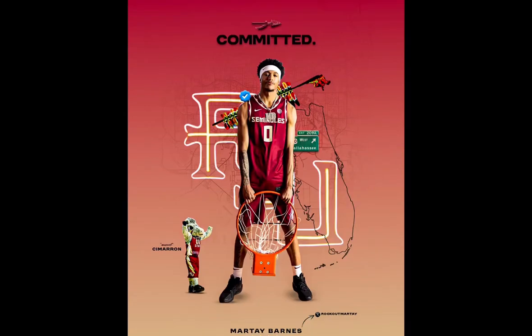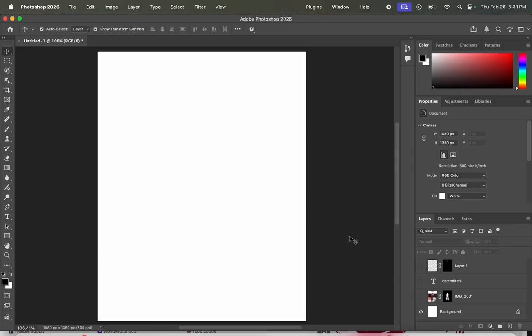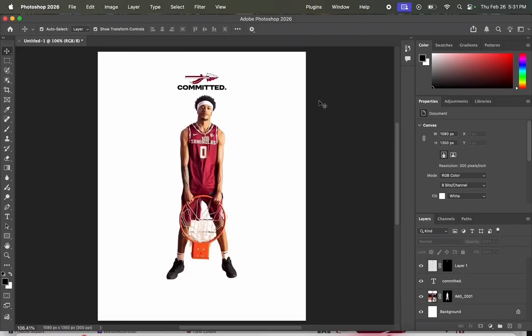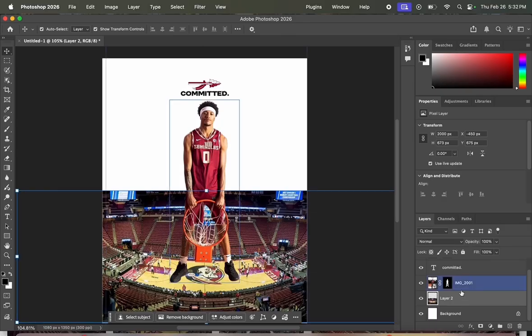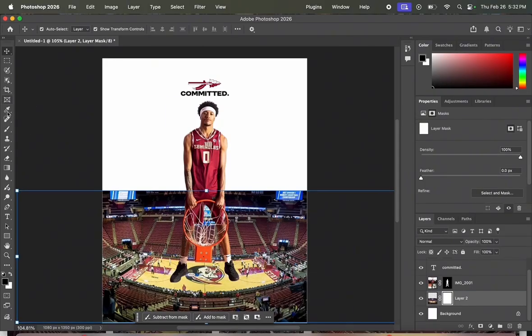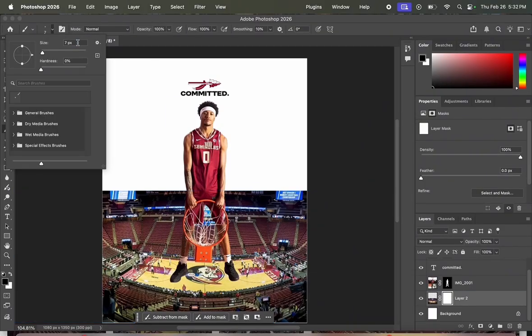If you have Photoshop, in around 10 minutes I'm going to show how you can recreate this. The first thing you're going to want to do is just start with the blank canvas, and I have my width at 1080 pixels and then my height at 1350. And as you can see right here, I already have the player image that I'm going to use loaded in,